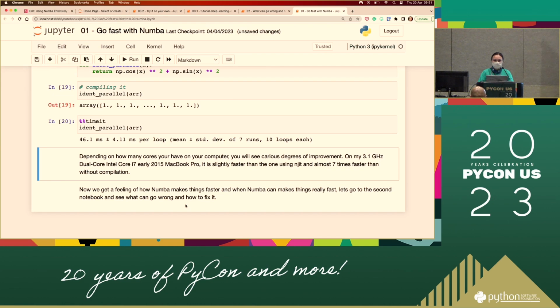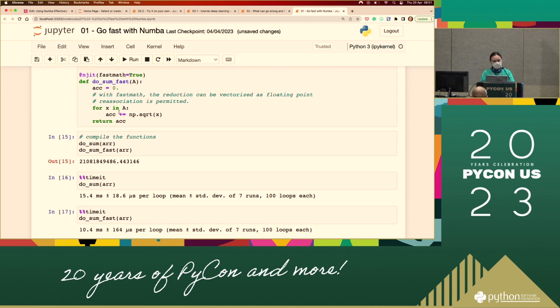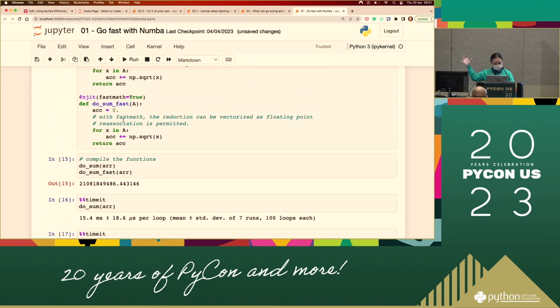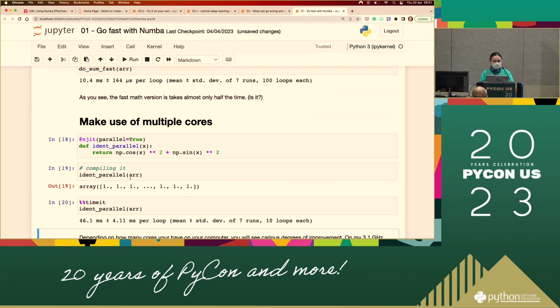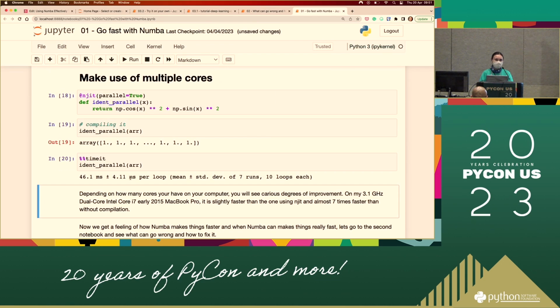When would you not want to use parallel then? It seems like you always would. I would say sometimes, and I can't think of a good example again. But for some algorithms, multi-threading can actually damage the result. Because it's similar to the concept of fast math: it has to follow a certain order to maintain precision. For some other algorithms, parallel would actually mess things up. And sometimes the scary bit is that it messes things up and you don't actually know that it got messed up. So you get the wrong result and you think it's right.